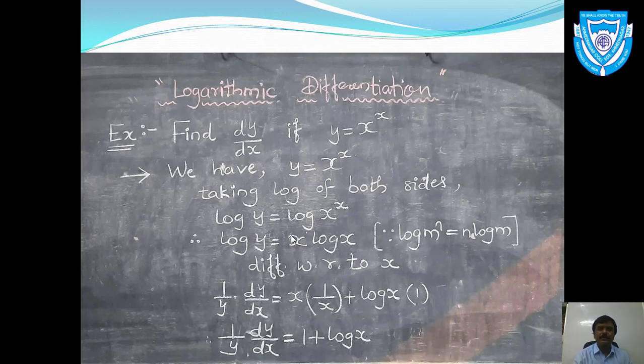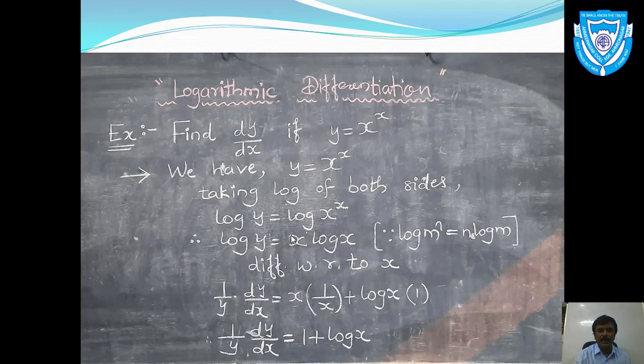At right hand side we can see that it is x log x. It means that you can see that there is a product, there is a multiplication of two different functions at the right hand side. So of course we are going to use the product rule to find the derivative of right hand side, because यहाँ पे x और log x का multiplication है. So that's why we'll have to use the product rule to find the derivative of right hand side. So let us use the product rule at right hand side.